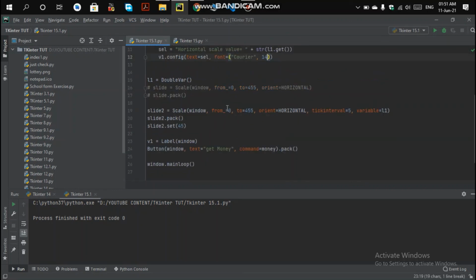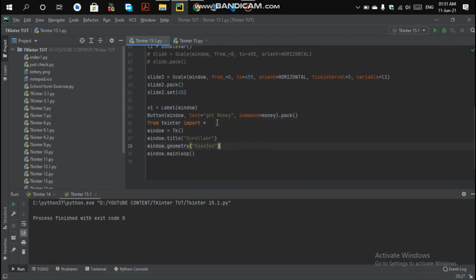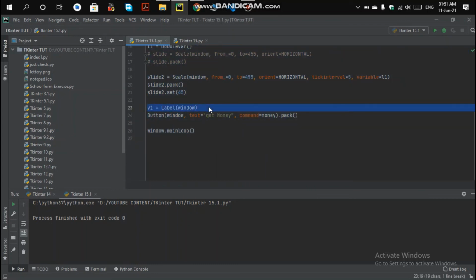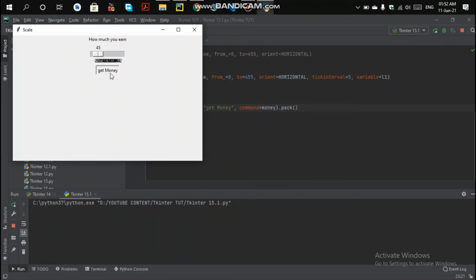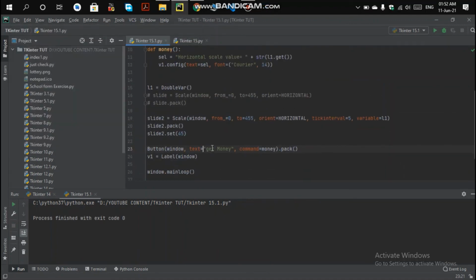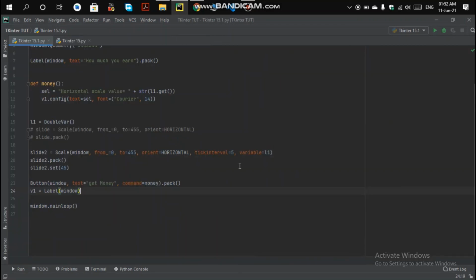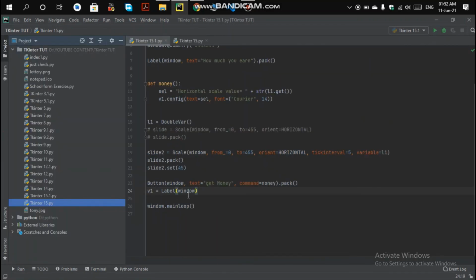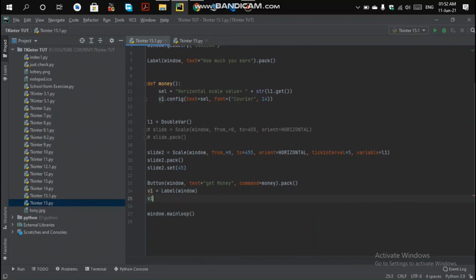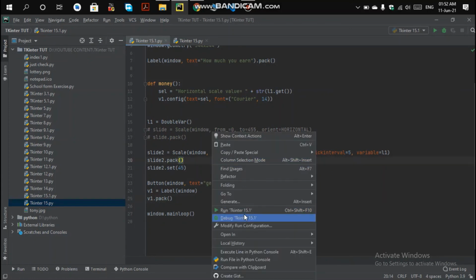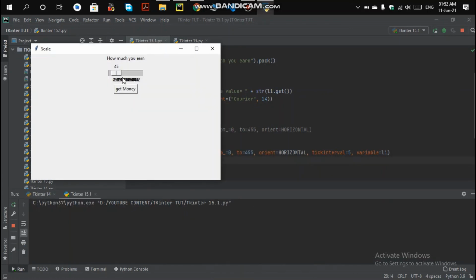Let me copy this below with Control C and Control V. When you run this and click get, nothing is getting into the label. Why? Because I had not packed the label widget. So let me pack it: v1.pack. Now when you run this, you get the value 45 and when you click get.